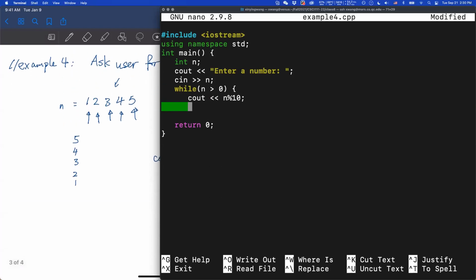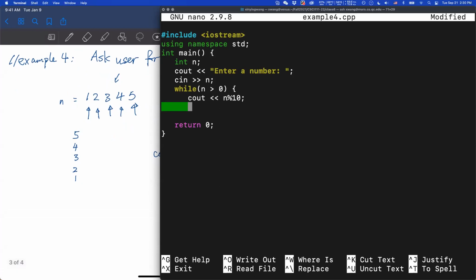Divided by 10. So we'll divide. Dividing by 10 will get rid of the last digit for you. And we'll keep doing it until you have nothing left. And since we print it in the same line, since you want all the digits right next to each other, right after that, you need to stay in the line.